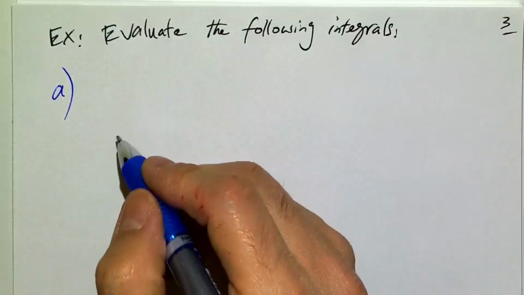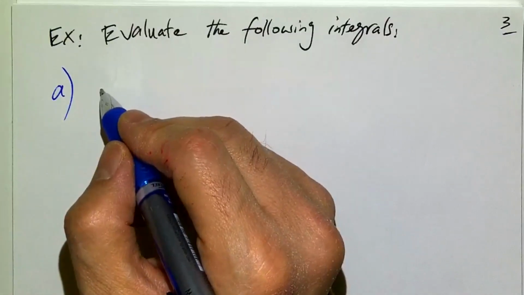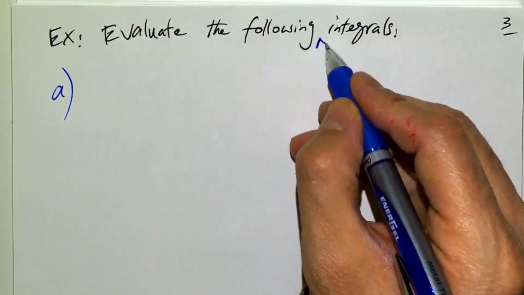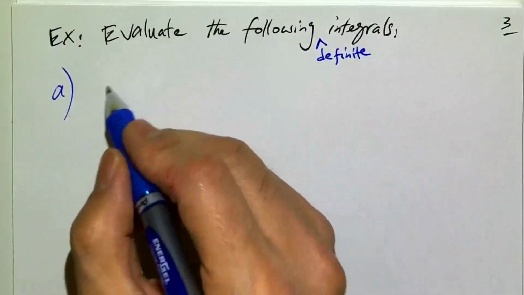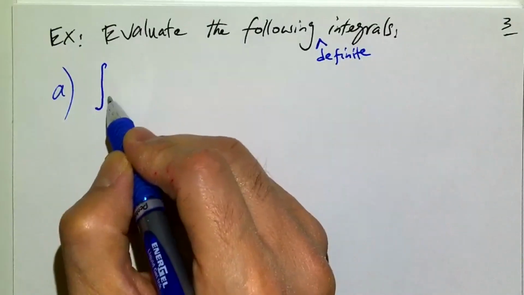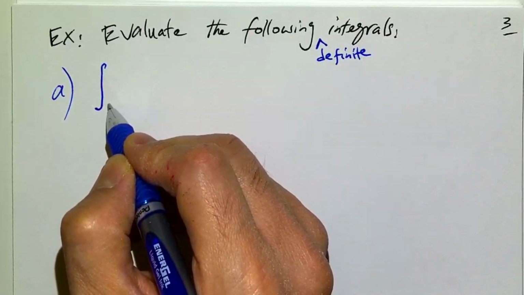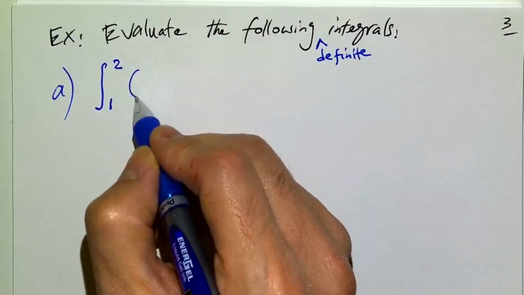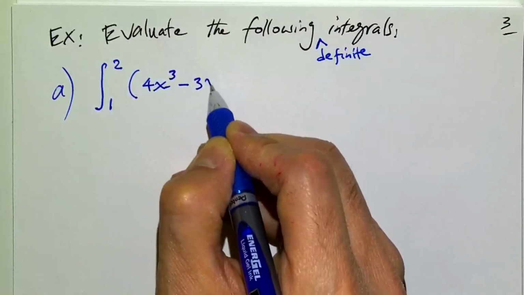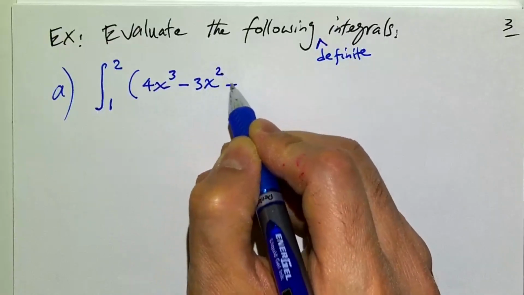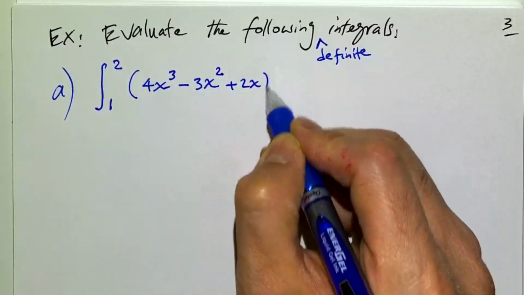Let's call it A. And of course these are all definite integrals. So we want to evaluate the integral from 1 to 2 of 4x cubed minus 3x squared plus 2x